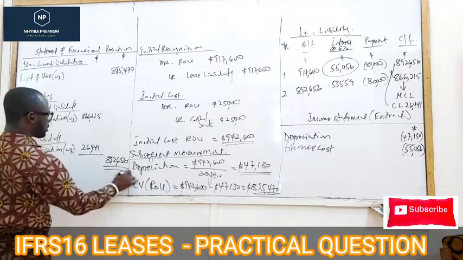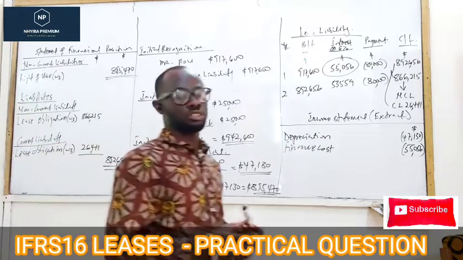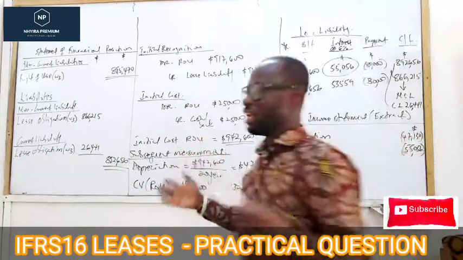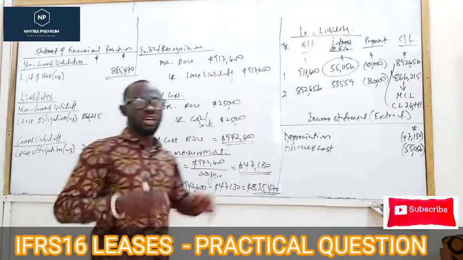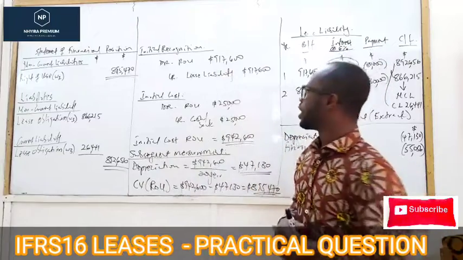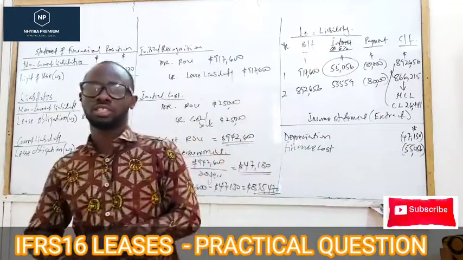Now, this is an extract, so don't expect it to balance in relation to that. It's not supposed to balance, okay? It's just an extract, so we don't expect it to balance. So this is also another question that you have to understand when it comes to the treatment of IFRS 16